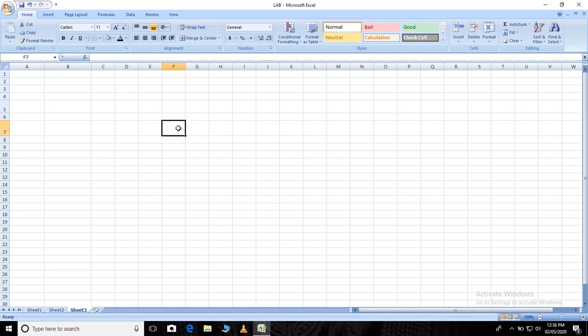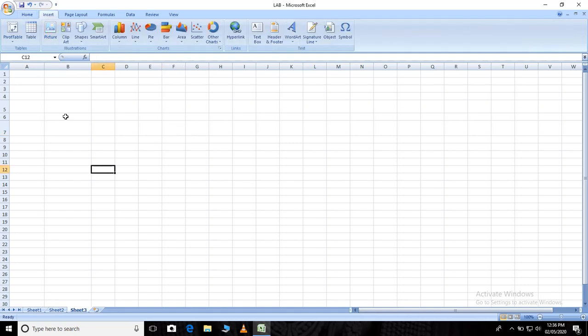Understood? This is regarding the overview of how to work with this. Okay, then next, if you go to Insert again, there are different options. If you want to insert tables, if you want to prepare one table, for that you can use tables.